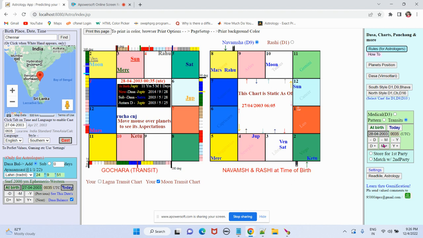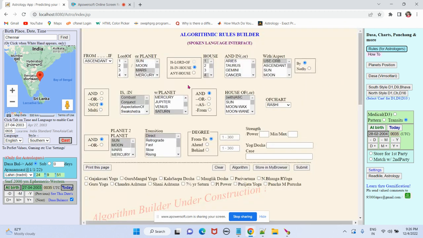Okay, so now let's take Mars. Okay, it is showing conjunct now. It is showing that there is Ruchaka Yoga here because Mars is not conjunct with anything. Okay, and now Mars is in Aquarius. It will go to now. Mars is in Pisces. Okay, and we take Mars to Aries, but it is now conjunct with Rahu, and it doesn't show that it is Ruchaka Yoga. So you see, we have included one more rule that if it is conjunct with Rahu, we don't want it to be treated as a Ruchaka Yoga.